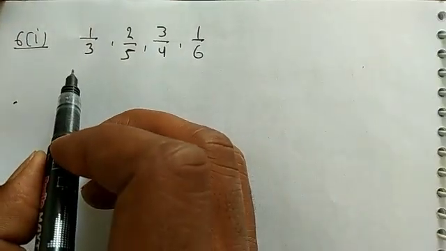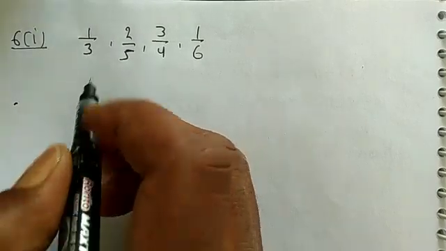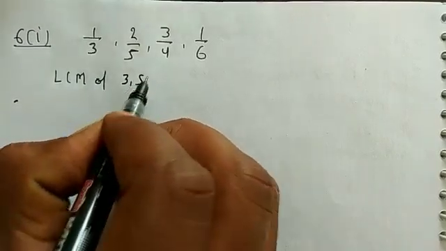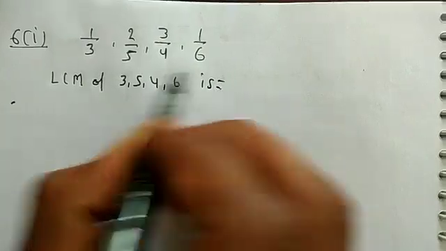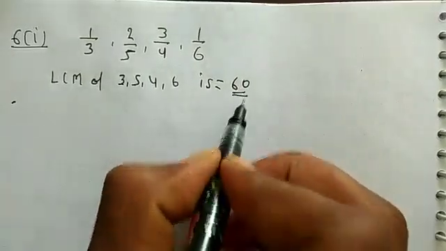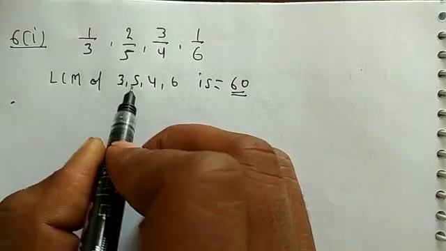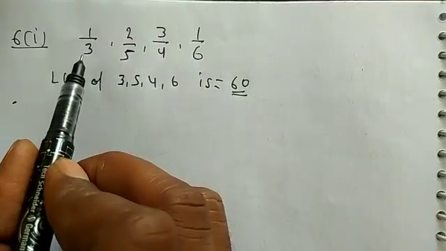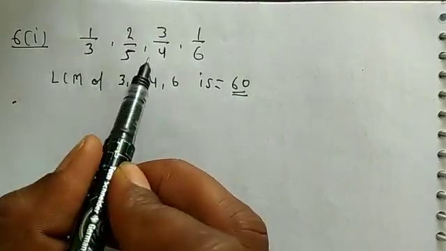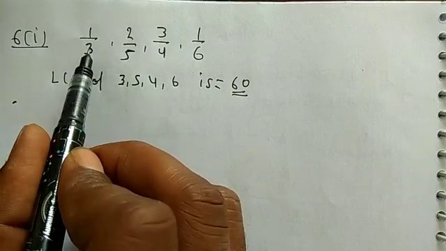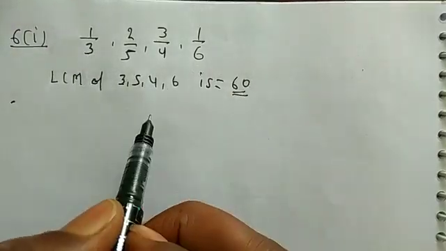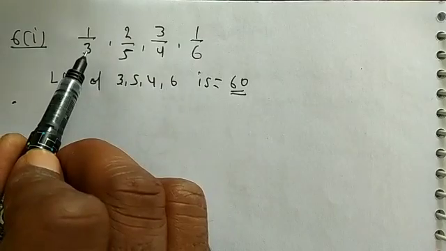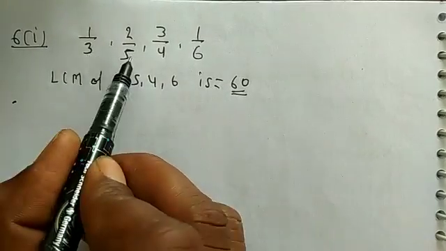To convert the unlike fractions into like fractions, first of all we take the LCM of the denominators. The LCM of 3, 5, 4 and 6 is 60. How to take the LCM you already know. Make the denominator of these fractions 60. So 3 will be multiplied with which number to get 60? 5 will be multiplied with which number to get 60? It means simply divide the LCM by these numbers.